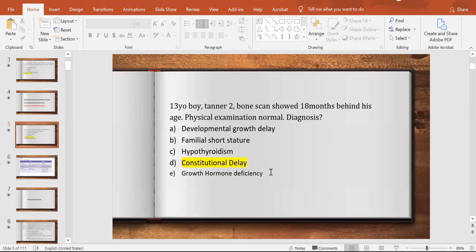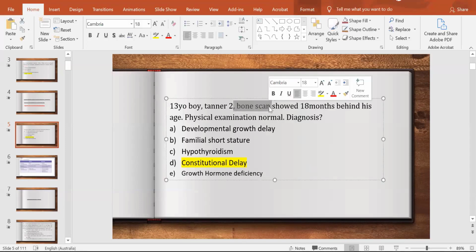And usually, just with the X-ray, you can do this bone age. Bone age you can even find with a bone X-ray. Okay, but sometimes if you do the bone scan like they have done, it will give us a definitive bone age. So we don't need to do FSH, LH or anything at this time.